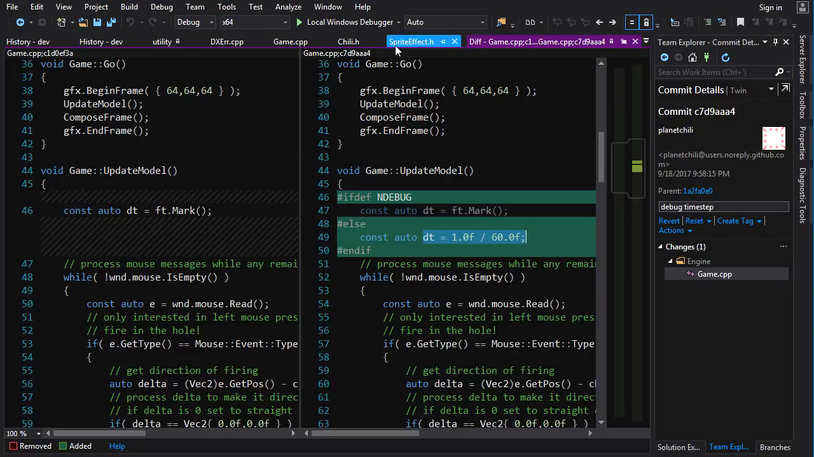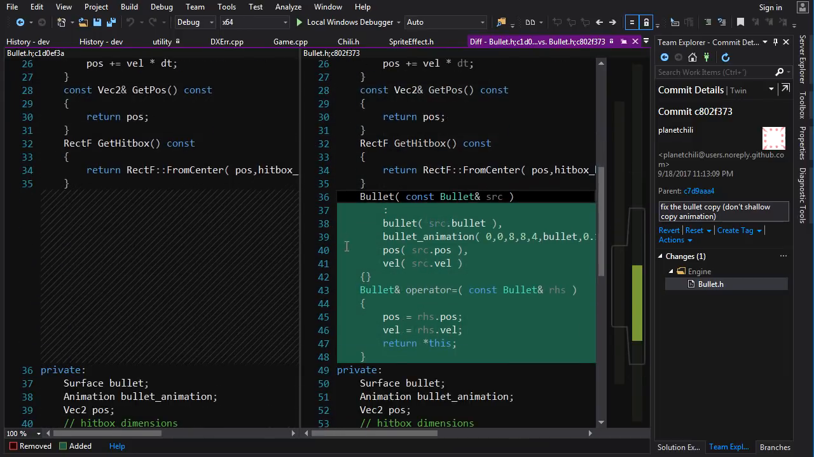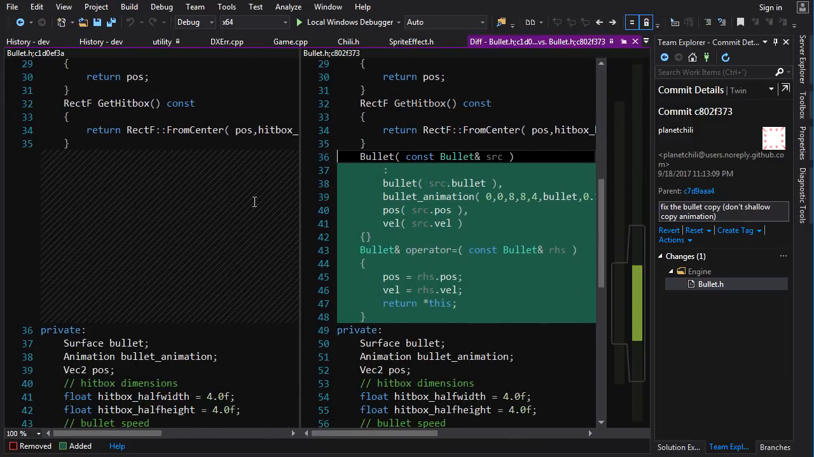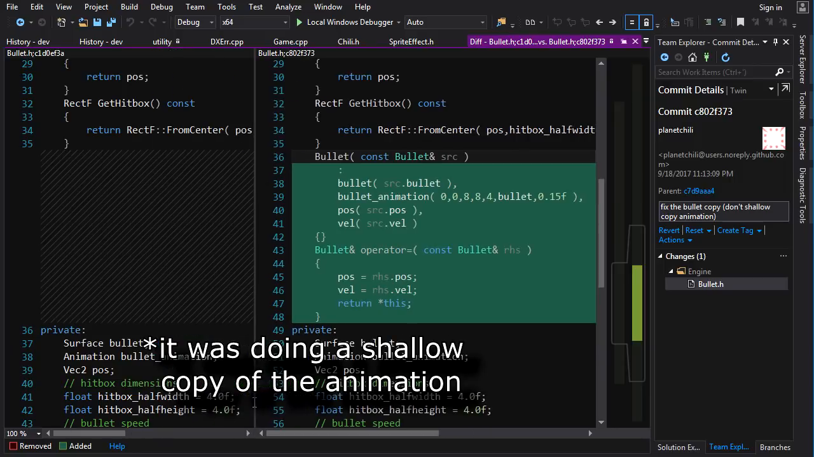So that way, when you pause the game, you're not going to have a huge long frame when you resume. So I did that, and then I fixed the problem. And the problem: when we created a bullet, we fired it, that was fine. Then when we created another bullet, the thing crashed. And the reason why is because it was doing a shallow copy of the bullet, and that's no good for